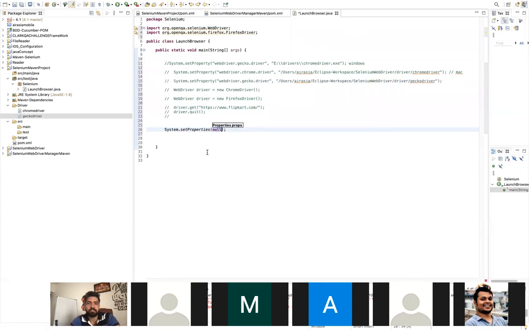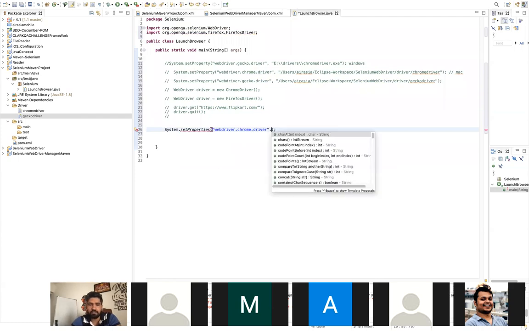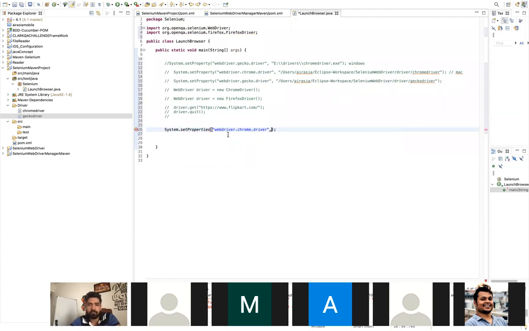So System.setProperty, and here, let's say I'm going to launch the Chrome driver. You have to tell Selenium that I want to launch the Chrome driver, so you have to give the path of this Chrome driver. This is the code: webdriver.chrome.driver, and then the path.